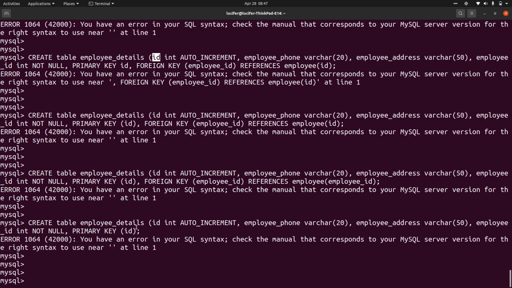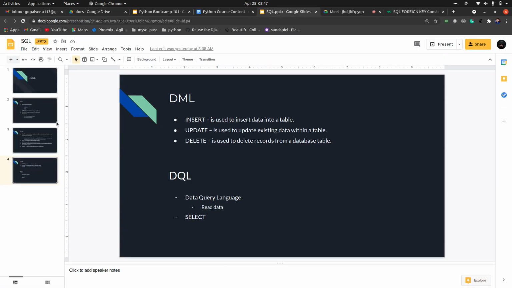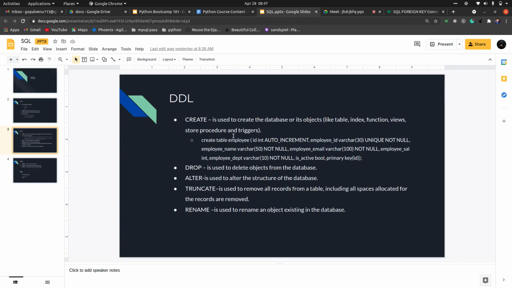Create table, table name, values, ID, int, email, phone, varchar. Syntax was fine. Just hold on for 1 second, guys.